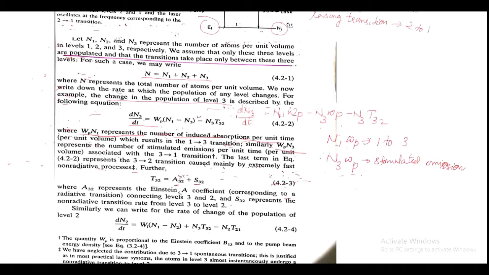Here N3 Wp represents the number of stimulated emissions per unit time per unit volume in the transition 3 to 1. The term